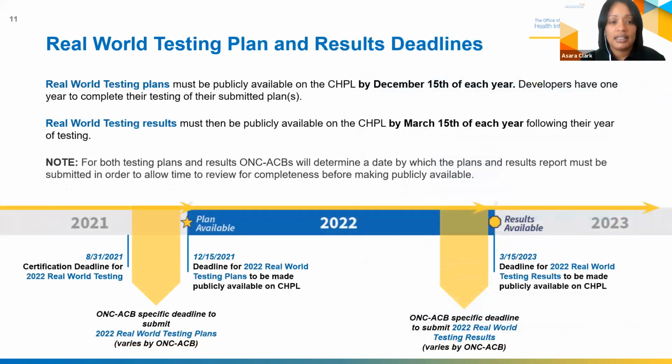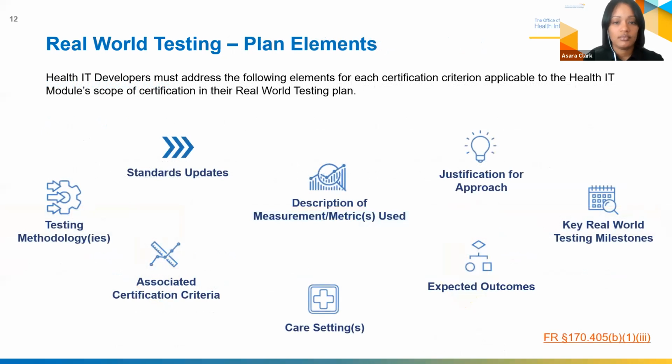All right, so again, real world testing plans must be made publicly available on Chapel by December 15th. Real world testing results must be made publicly available on Chapel by March 15th. Make sure you understand ACB deadlines. This is just to say that your ACB is going to be responsible for accepting those plans and making them available. Now let's get into the real world testing plan elements, because we have outlined the elements that must go in your plan at